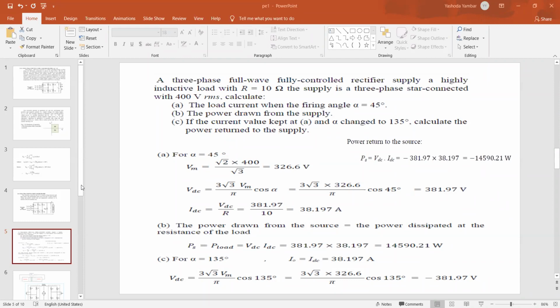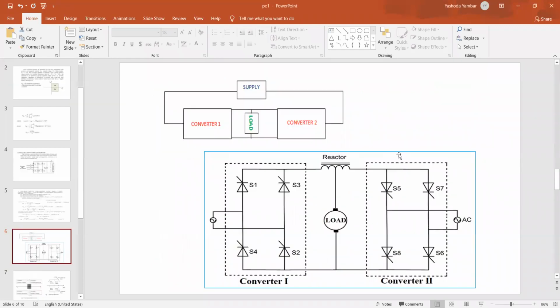Right. Let us move to the next concept, which is the most important theory question which will be asked in the examination, which is called the dual converter. So all students, you just listen to this explanation, then everything is clear. And I just sent you the material of converters also. You can check at that email ID. You can go through that material, but the statements, the words used at the time of explanation will be easy if you put those words as they are in the examination. You will get the complete marks.